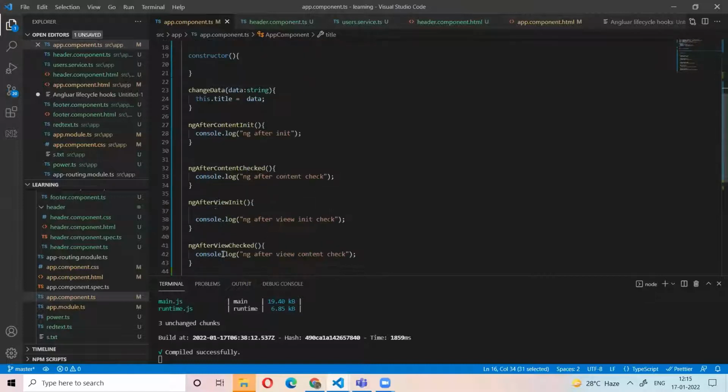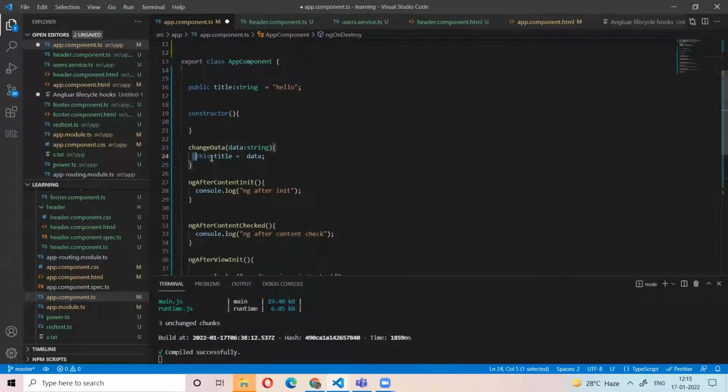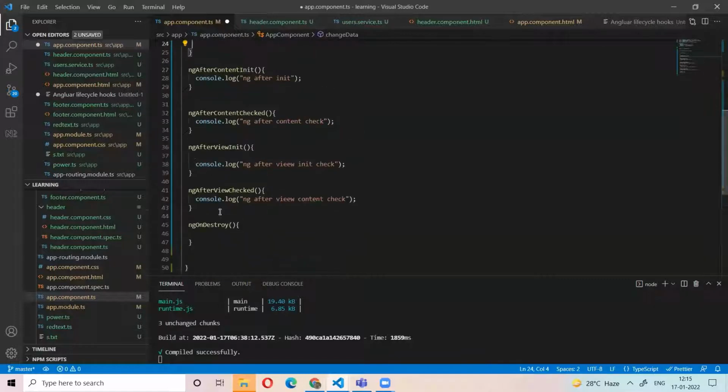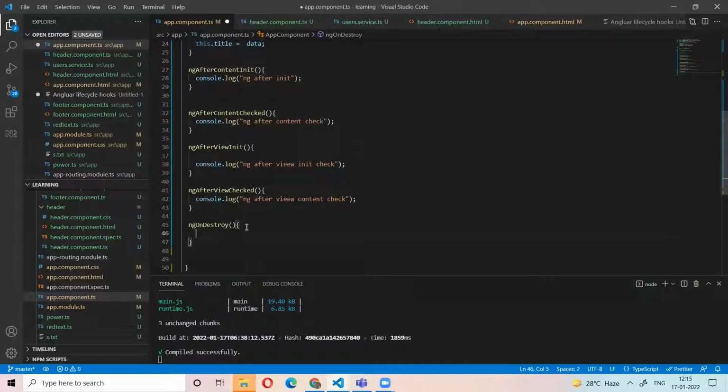Like for example, here in ngOnDestroy, I need to reset this one. Still you will not understand, right? I need to empty that variable.